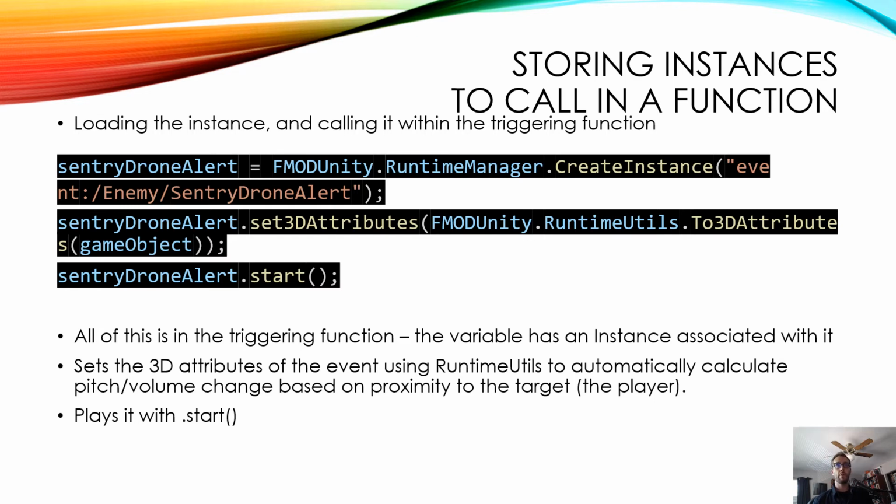So what we're going to do is go down to a place in the code where we can load it. You could either put it in the triggering function, or you could put it in the start function. Generally, you're going to put these in the start function, but you might need to put them in the triggering function depending on what you're doing. So to do that, you would just go into the function that you're going to load the event instance in, give it the variable. So here it's Sentry Drone Alert, then space equals space